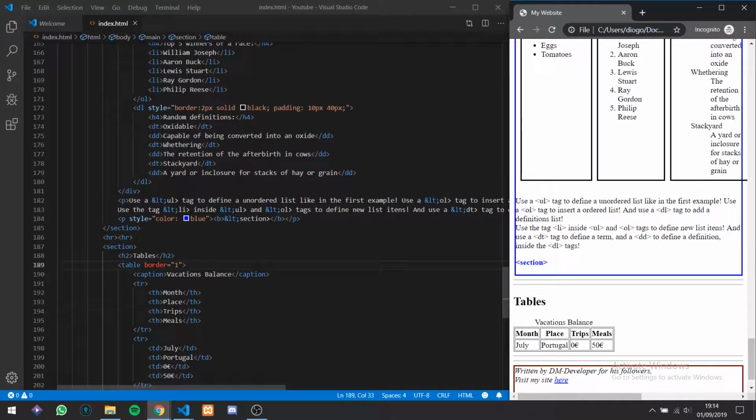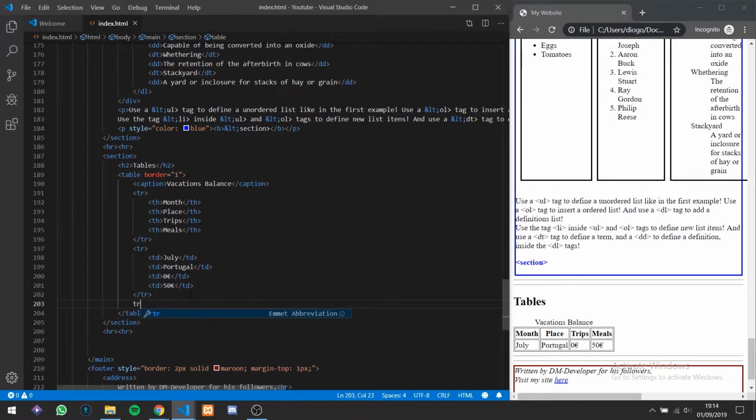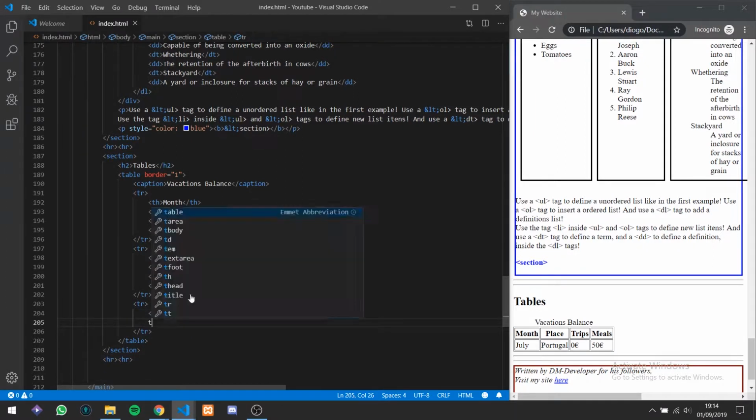I can, instead of using this, use CSS to reach this effect, but because CSS will be for another tutorial, for now we will use this. So let's add another table row with another month, maybe August, and another one